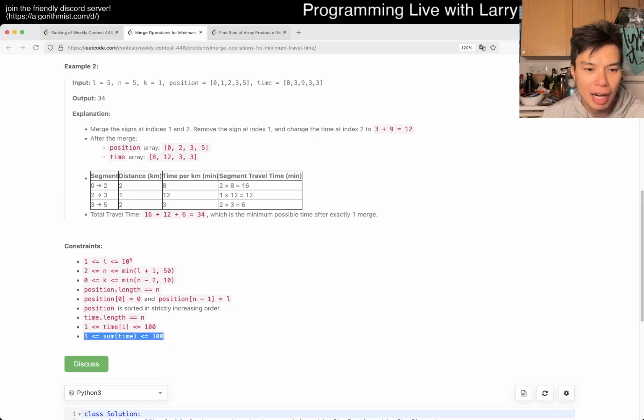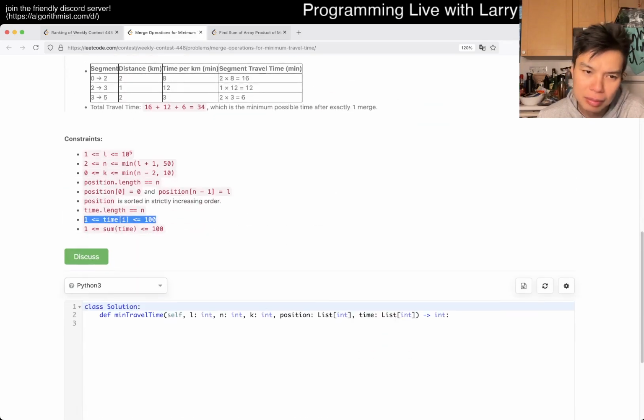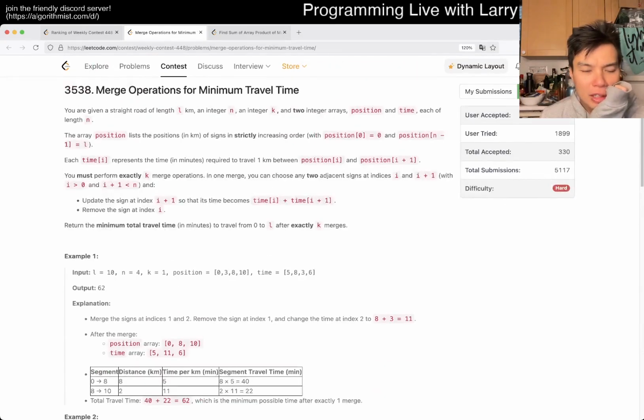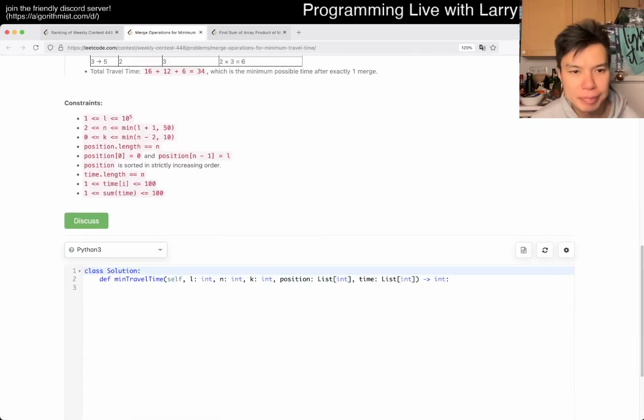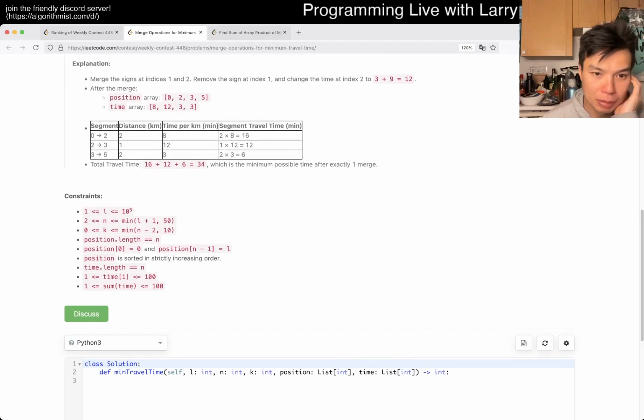Sum of time of i is 100. I don't know what that means. Times of i is equal to 100. What's times of i again? Oh, the length of time. Well, I mean, this one is maybe more important, but okay. Oh, so then you do state on it? Can you? I mean, this is clearly set up to be dynamic programming, but